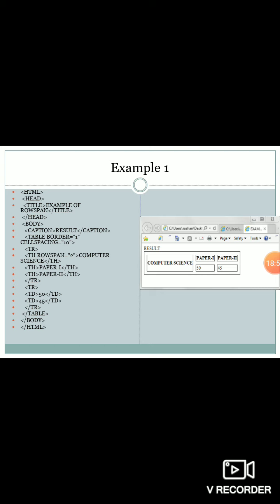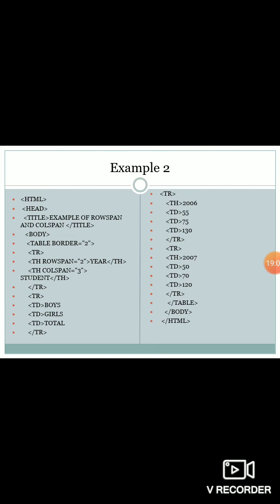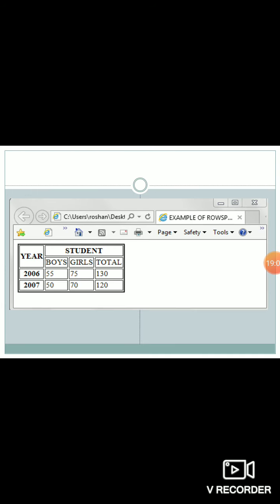Then I ended with the table, body tag and the html tag. We can see one more example. What we will do, just see the first output, then we go with the program part. So according to my output, there I am putting the year का जो भी वैल्यू है, where I am merging the two rows. Then in the first row only, student का जो भी वैल्यू है, there I am merging the three columns. Then year 2006 and 2007 as well as the student will print in the bold and the center of the particular text, and the rest of the data by default print with the normal and the left hand side of the particular column.